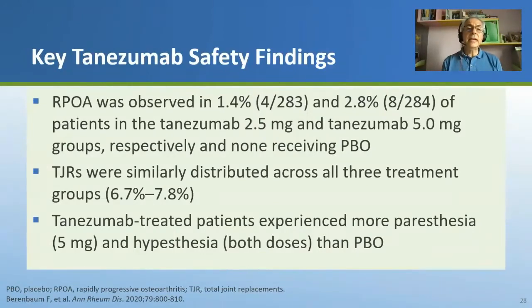I think at this stage it's important to note that RPOA is something that could be heterogeneous. We speak about RPOA type 1 when there is a significant loss of the joint space, over 2 millimeters within approximately 1 year, but with no gross structural failure. So it's mainly a problem of the cartilage.